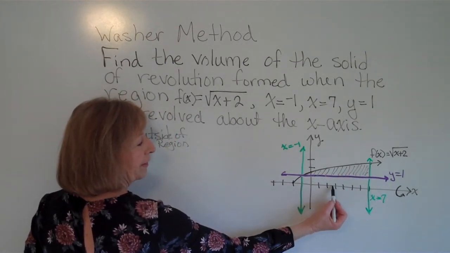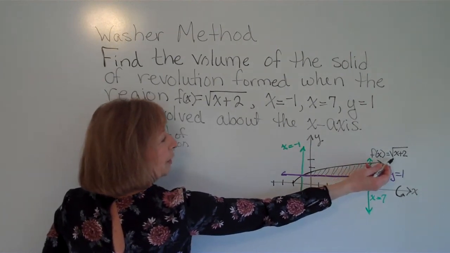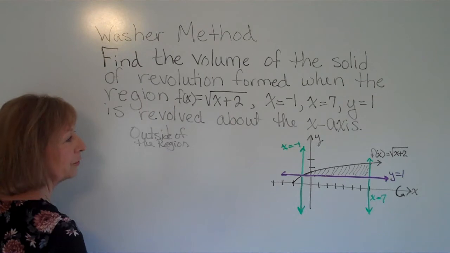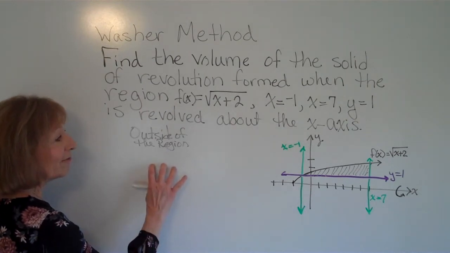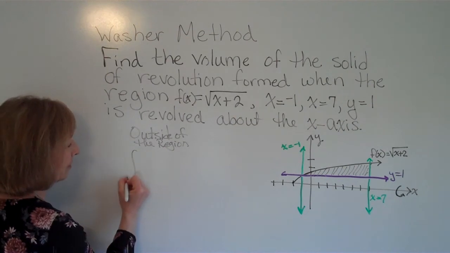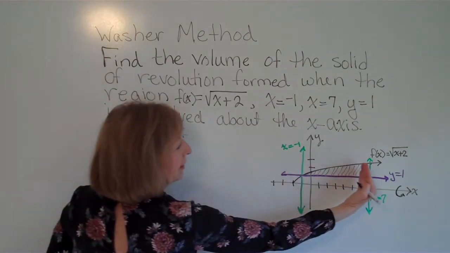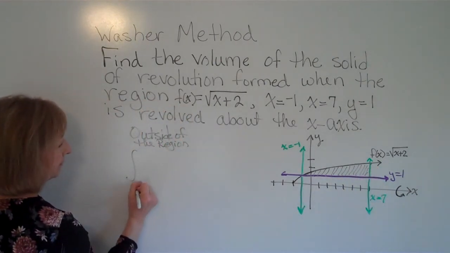So for here, from the x-axis, it would be reaching out to the curve the square root of x plus 2. And that volume then would be the integral from negative 1 to 7